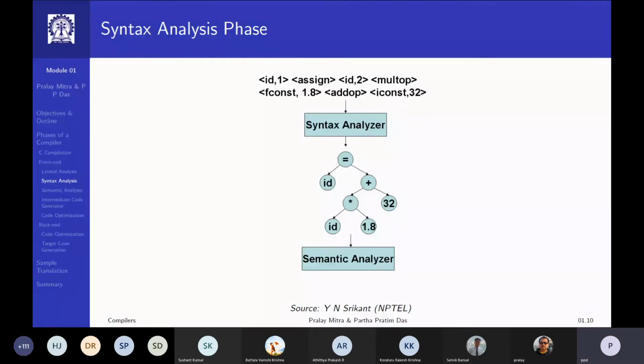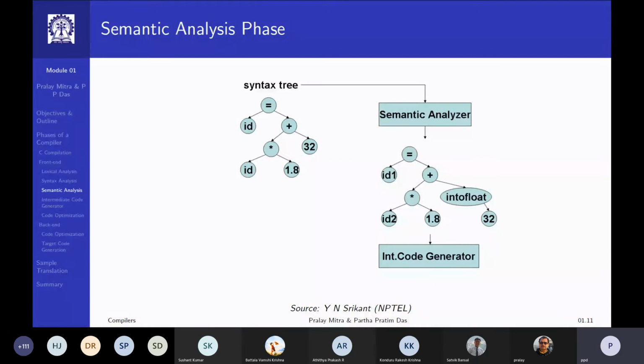Moving on, we will pass this on to the semantic analyzer. So the same tree we pass on and we check on the meaning. Now, what is the meaning? In the multiplication node here, I have to multiply ID by 1.8. So what kind of multiplication does this have to be? 1.8 is a floating point constant.